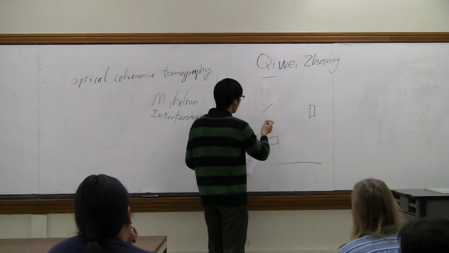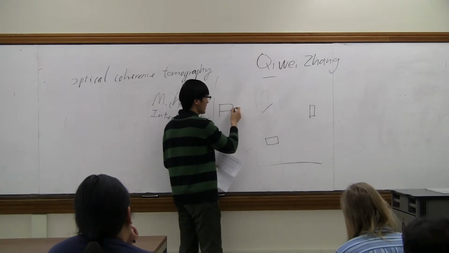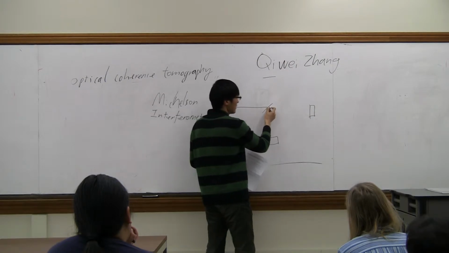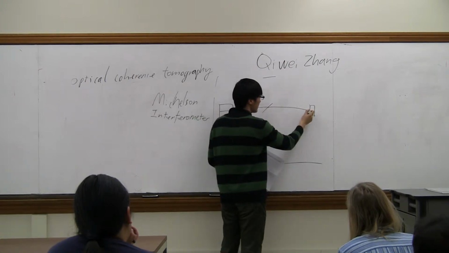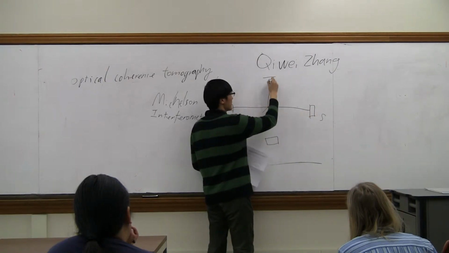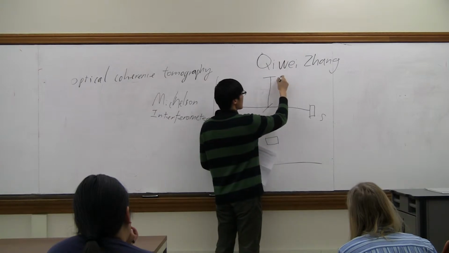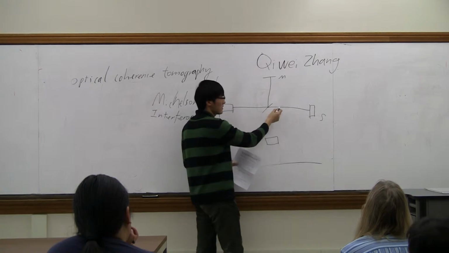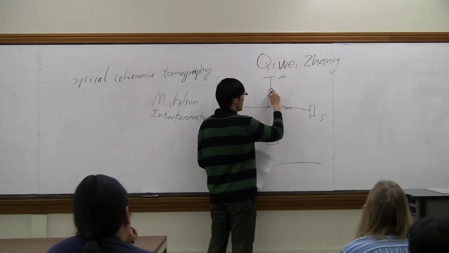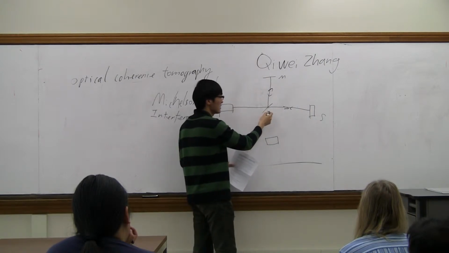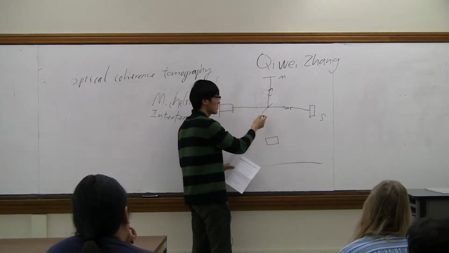And this is a splitter, and the light from there is broken into two arms by the splitter. This is the sample arm, and this is the reference arm. This is a mirror, and the combination of the reflected light from these two arms gives rise to